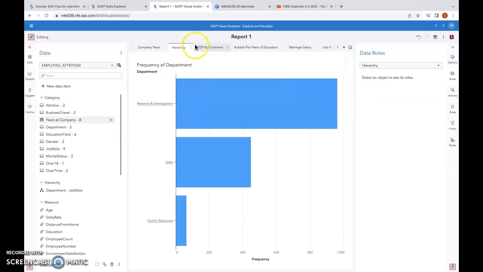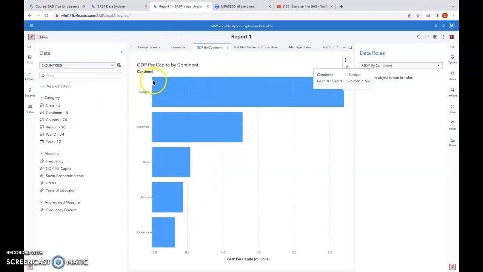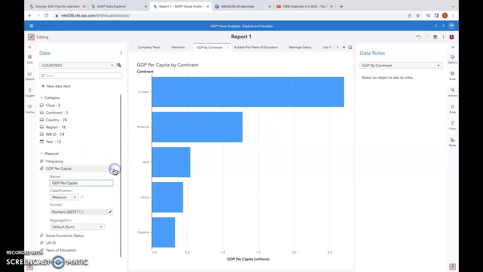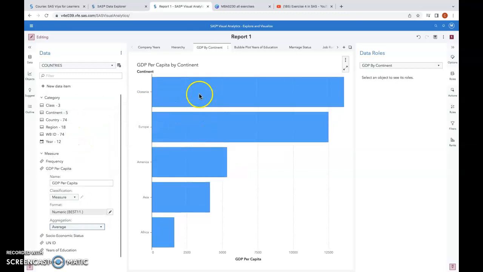So for the second thing, we're going to use the country data set. As you can see, I already pulled up the data set, and then I created a bar chart for continent and GDP. Right now it is at the default sum, and when changing it to average,